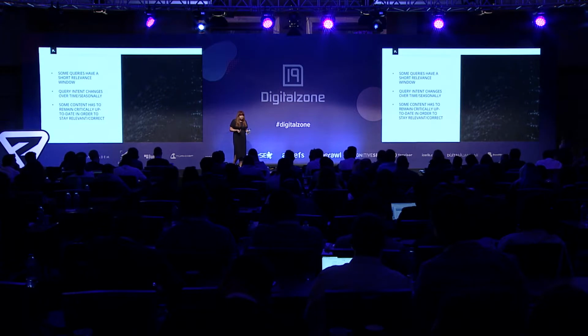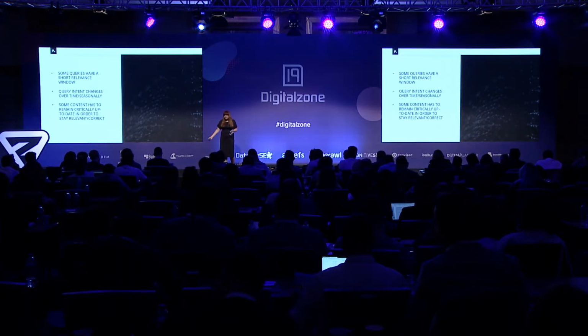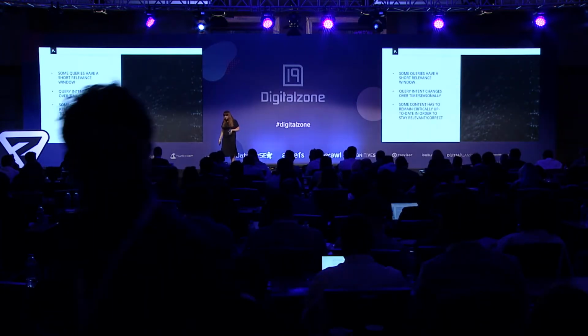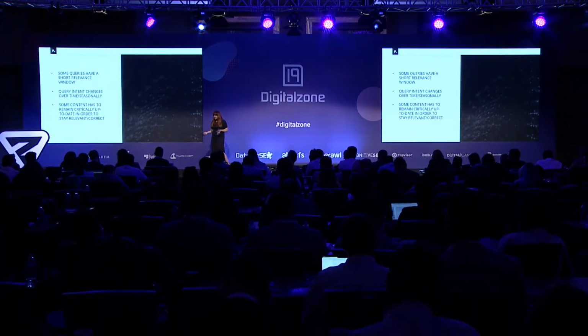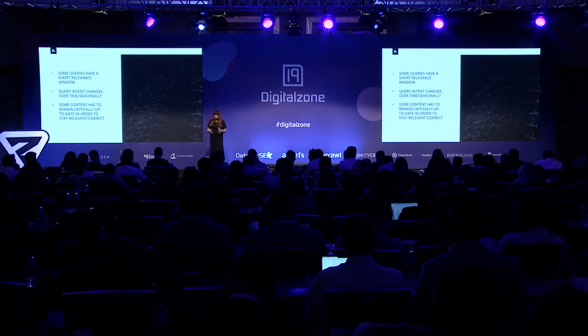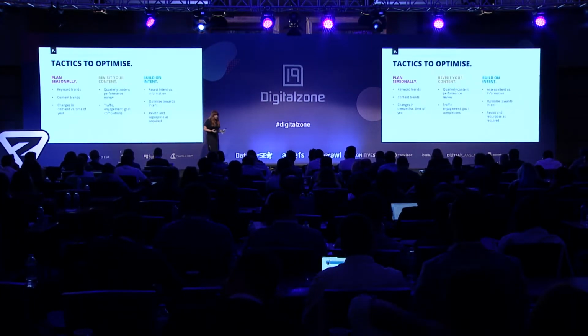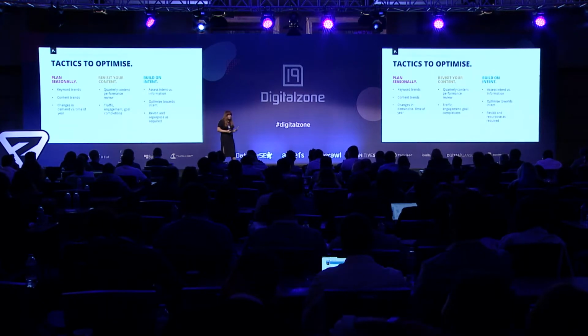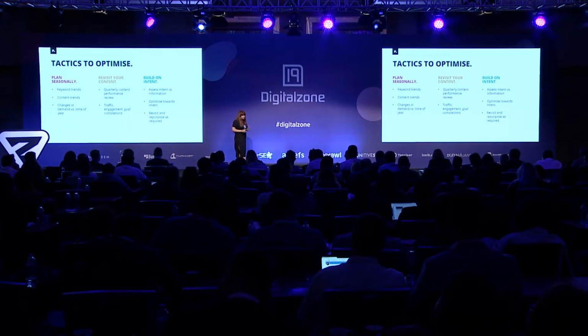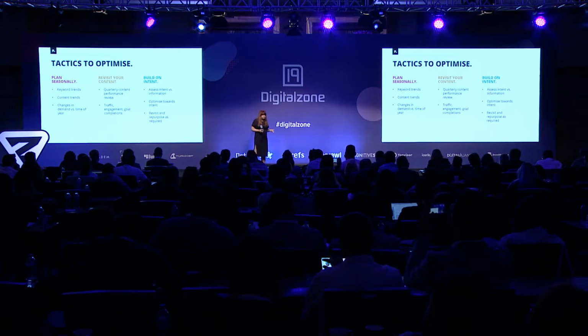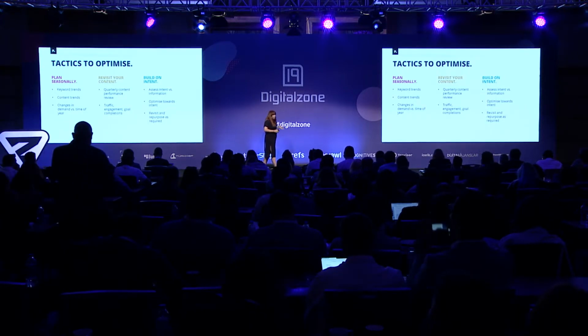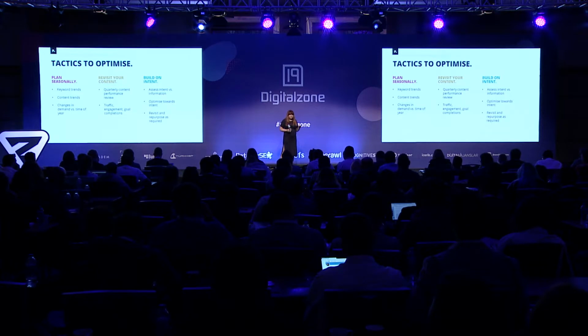And some content just critically has to remain up to date if you want it to keep ranking. In particular, legislation, government pieces, medical advice, things like that. Things that fall into the your money, your life category most frequently as well. When you're optimizing for this, you can start with the basics and look at keyword trends and how the rankings vary. But typically you're only going to get a keyword trend for a month, and a lot of this varies day by day or even weekly.